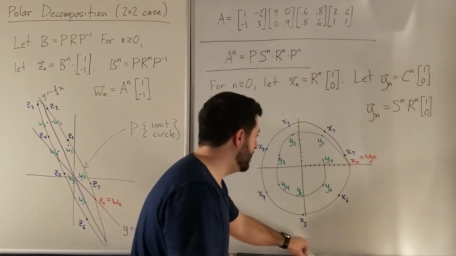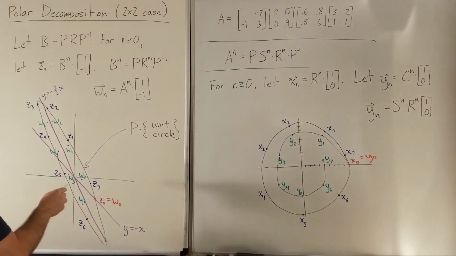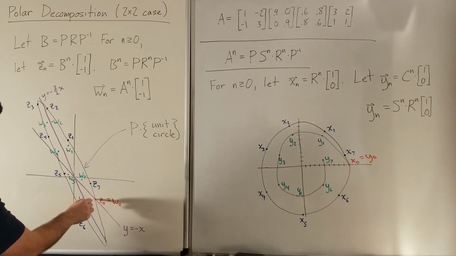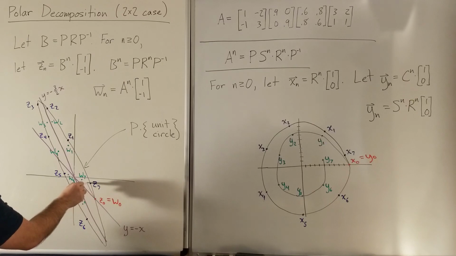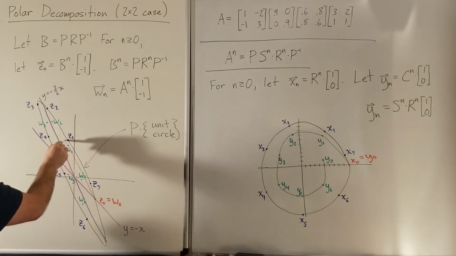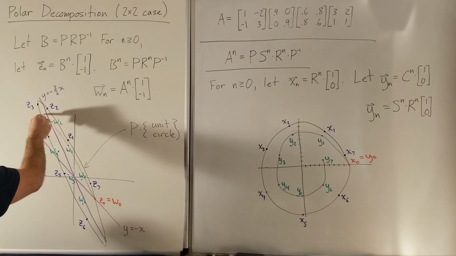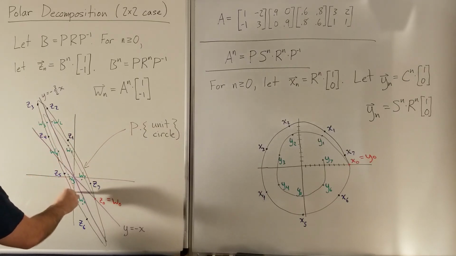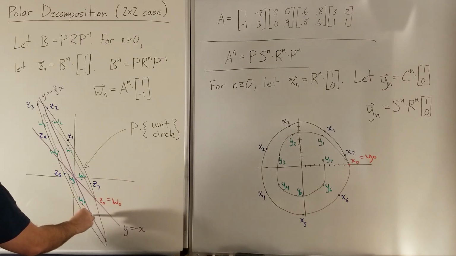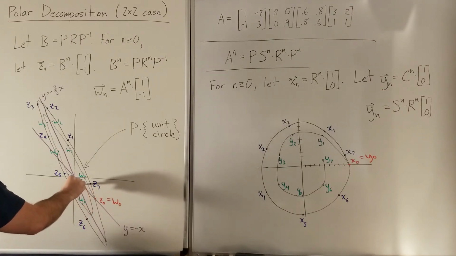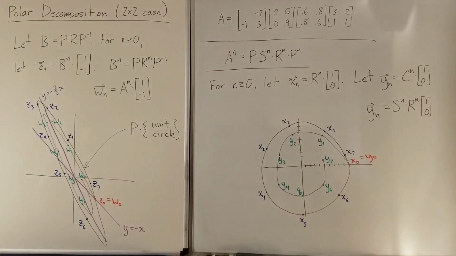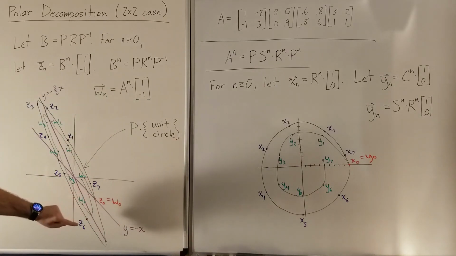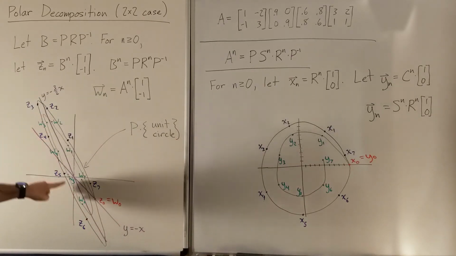So I'm going to attempt to draw this spiral again, and sorry for what's about to happen. Okay, so that's not very clear, but the idea is we're spiraling towards the origin again, but we're just spiraling